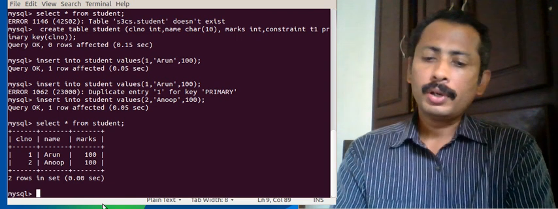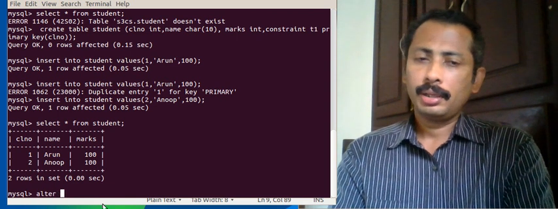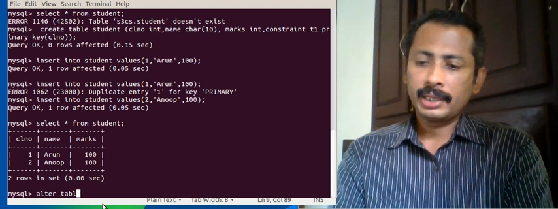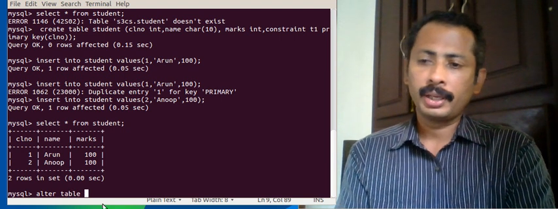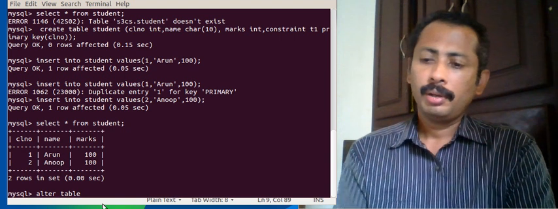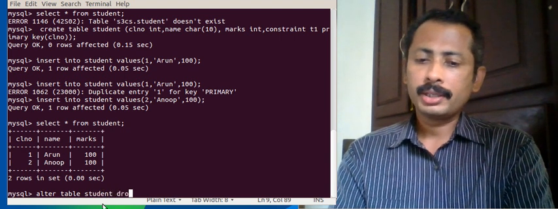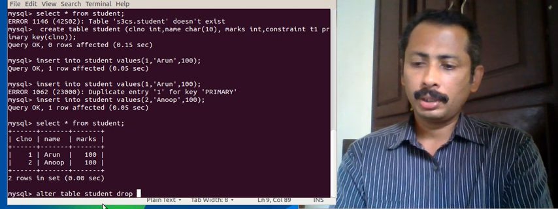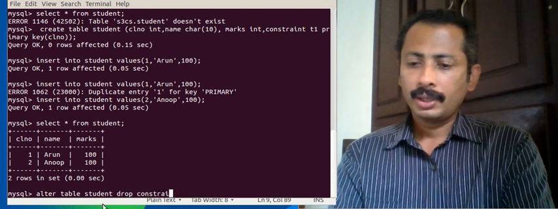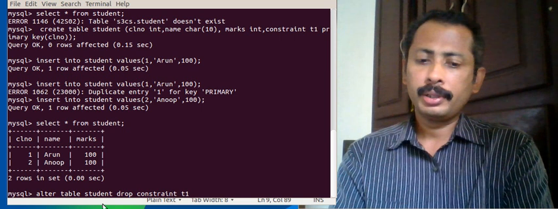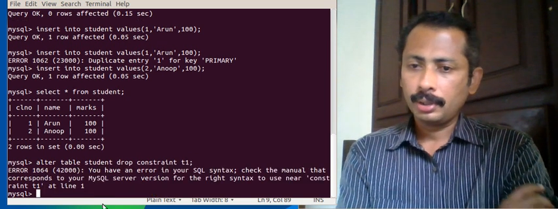Now if I want to change the constraint, if I want to drop the constraint, I can give alter table. Which table has to be altered? Alter table student. What has to be done? Drop constraint. The constraint named T1 has to be dropped.